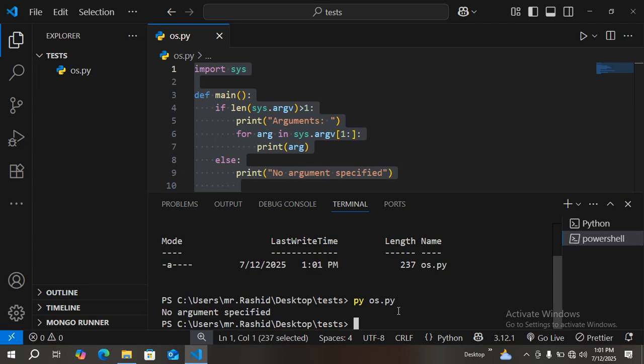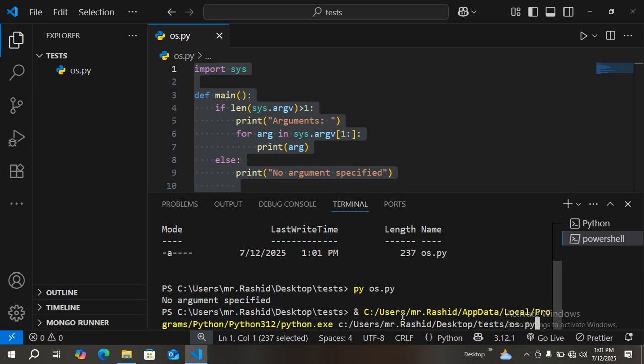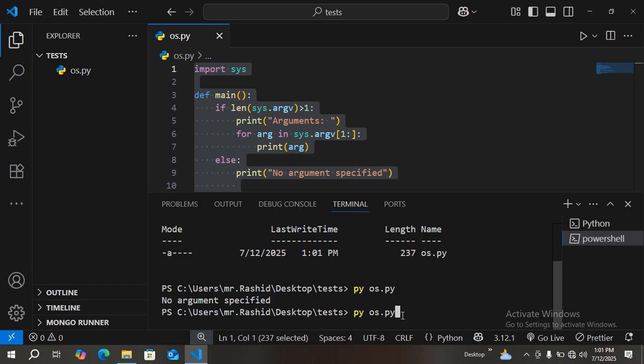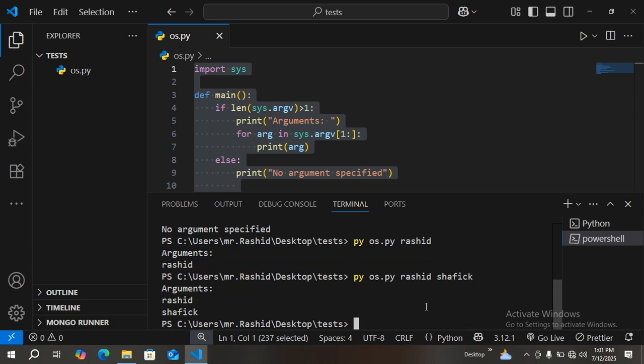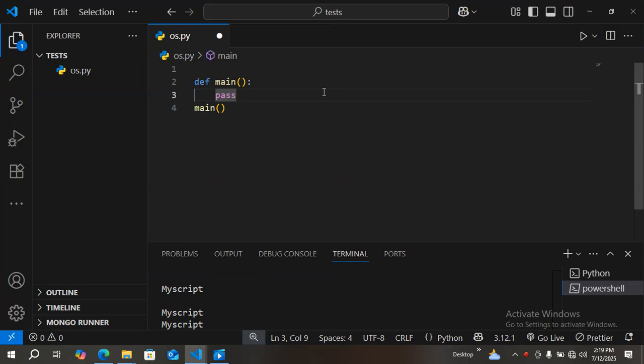So no argument specified. If we try to run os.py and we provide a name which is Rashid, and we run, I think we get Rashid. If we try to run Rashid, Shafiq, and we